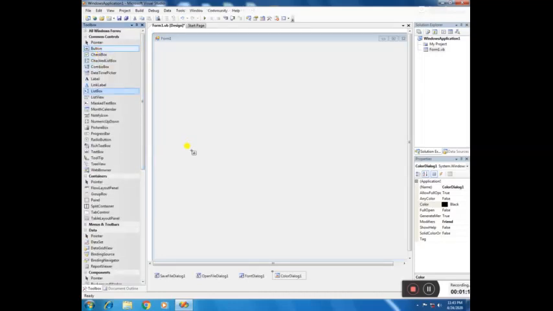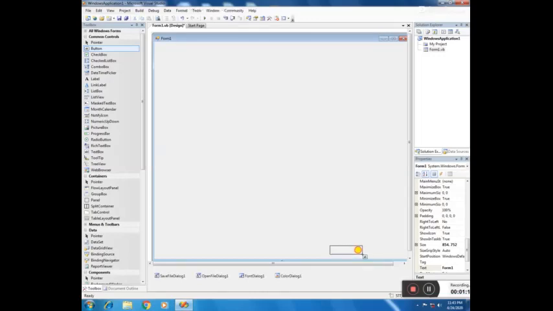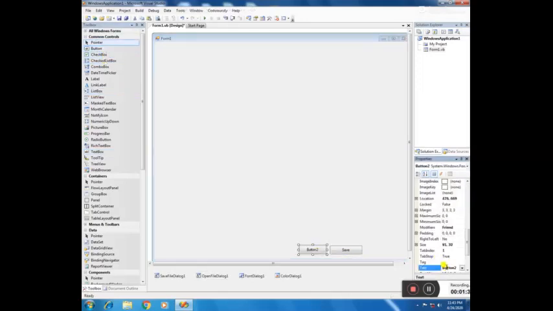take 4 command buttons. First one is Save. Name it as Save. Second is Open. Take one button and give it the name Open.